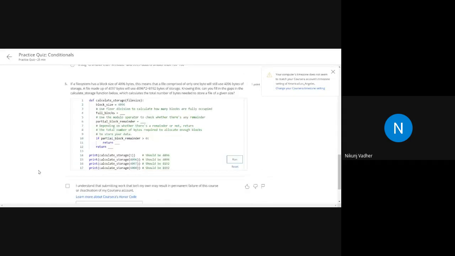Similarly, a file made up of 4097 bytes. Okay, so full block is equal to block size times 2. Use the floor divisor to calculate how many blocks are fully occupied.